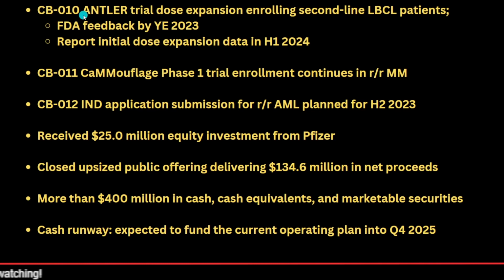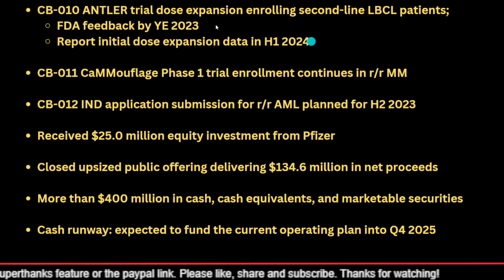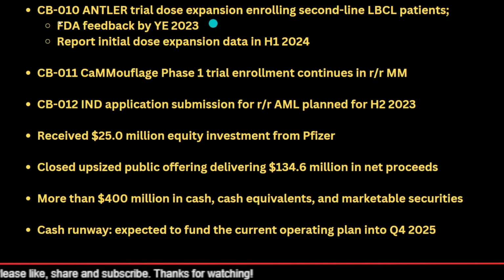The first one is that the CB010 ANTLER trial dose expansion enrolling second line LBCL patients has taken place, and FDA feedback will come to us at the year end 2023, which means nothing major is happening this year for CB010. Catalyst, if any, will come somewhere around December, and the effects can be felt after that. Report initial dose expansion data in H1 2024. Again, first half of 2024. So action is in next year. So latest by December, and first half of 2024 is when we have any positive catalyst that may come from